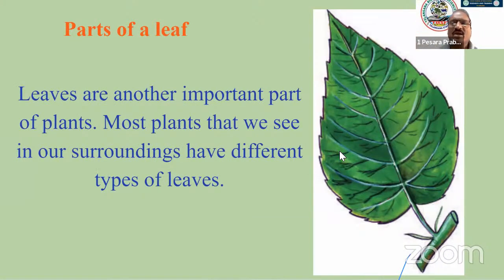As we know, the leaf is a very popular part in the plant. Why? Because generally when we are discussing the plant, in our mind, what will happen? Green color appears. This green color is because of the leaves. Generally, most of the plants are green. In your higher classes, you will discuss green plants and non-green plants also. Some fungi and some other plants are non-green in color. Okay. So leaves are another